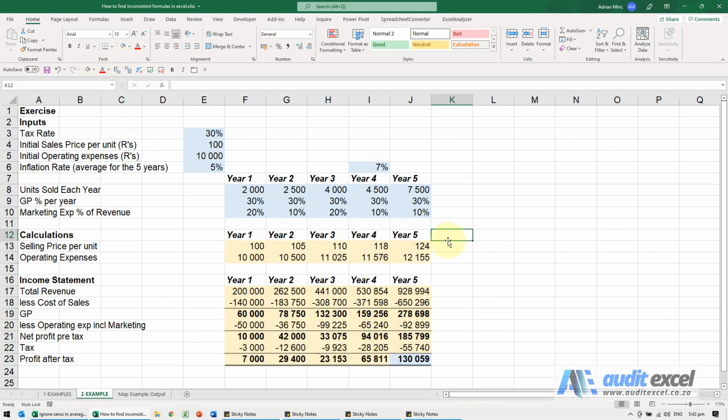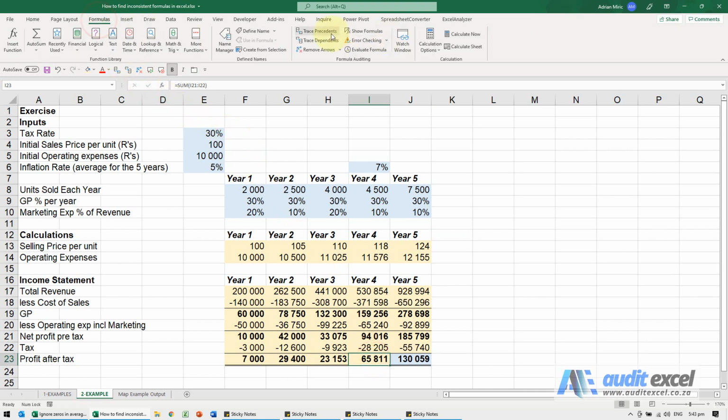And now it's very easy to see where the inputs are. So this looks well made, except for this one here. So here we've got a summing function, and then here for some reason it turns into a number. So that's a hard-coded number where a formula has been overwritten.